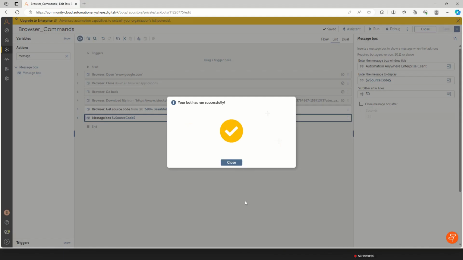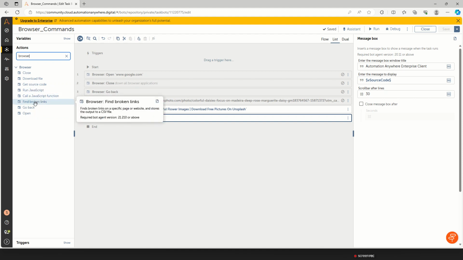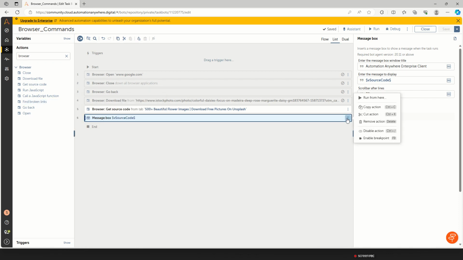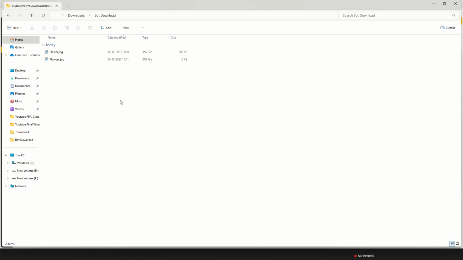So now we'll go back to Automation Anywhere. So now again we'll type browser. So here we saw the open command, go back and close, download files, get source code, and then find broken links. Okay, find broken links, in the sense, it is going to take the invalid, I mean broken, links from that particular web page. So for that, what I will do, I'll just create one file here in the bot download folder. I'll create one CSV file here, new,